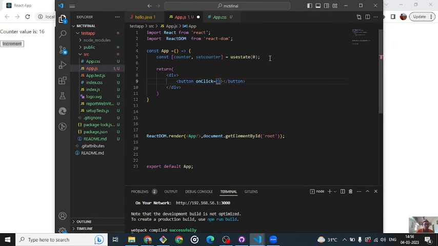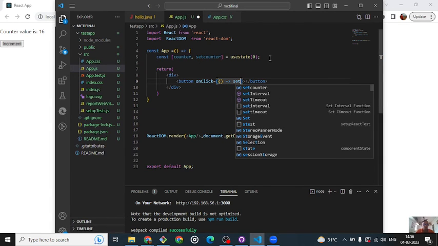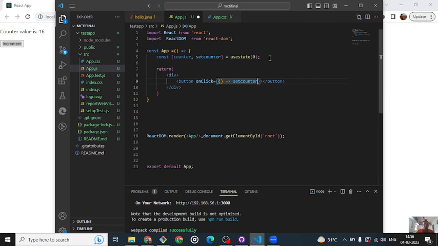In this also we create one callback function, setCounter, counter plus 1, so we increment by 1. Okay, and one